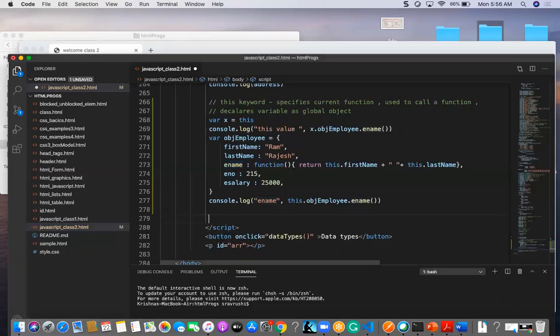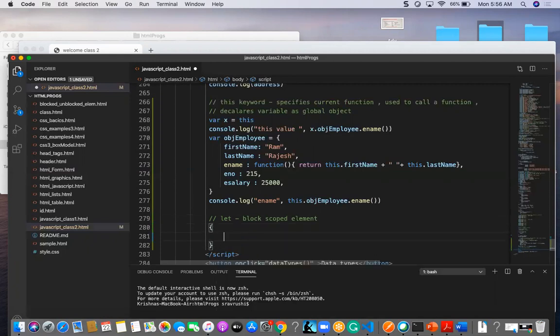So let us think I have here one let variable, that is a block scoped element. But how can we tell it is a block scoped element? See here, anything I am declaring inside this, like x is equal to 45 or something, the variable of this let will be available until it finds the next block scope.